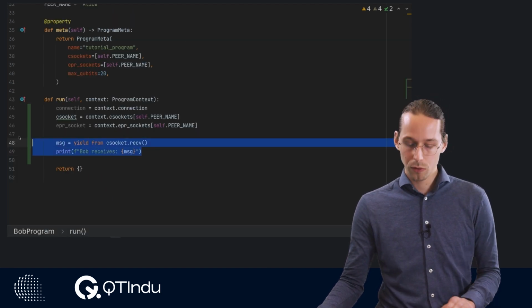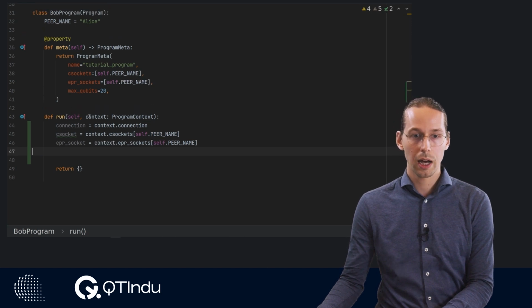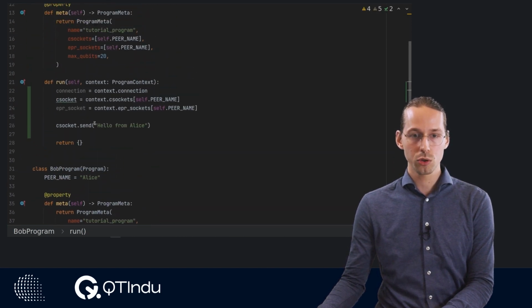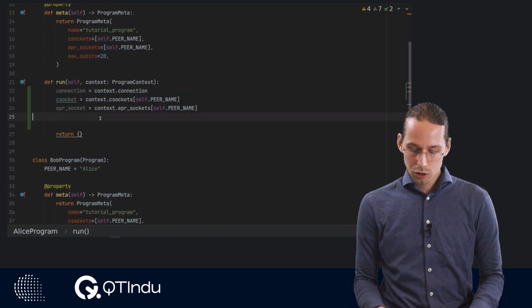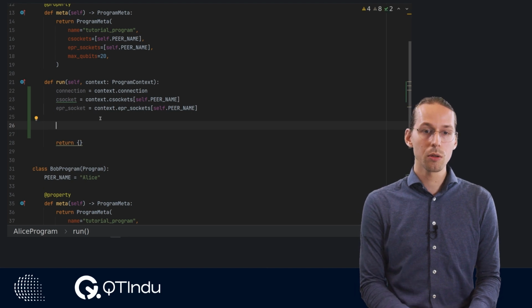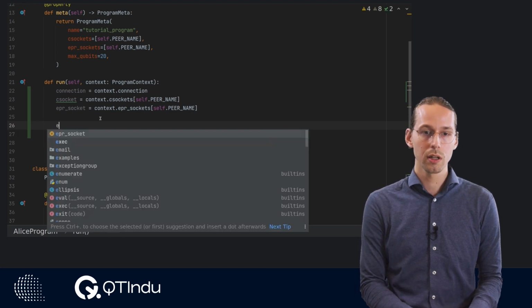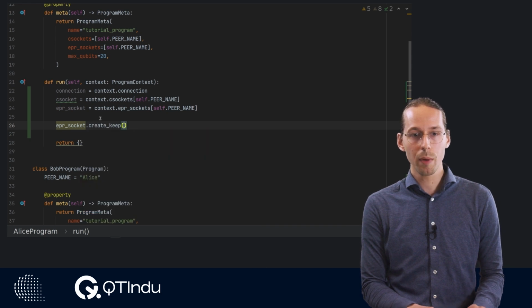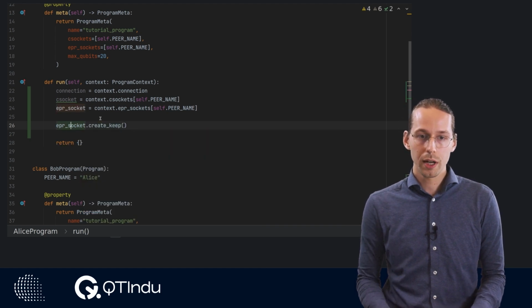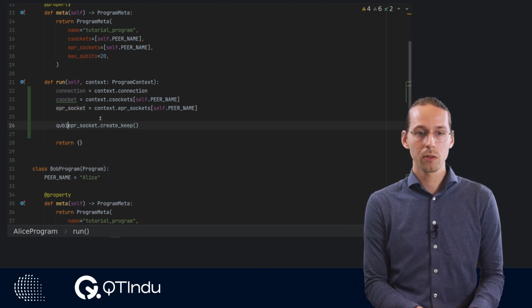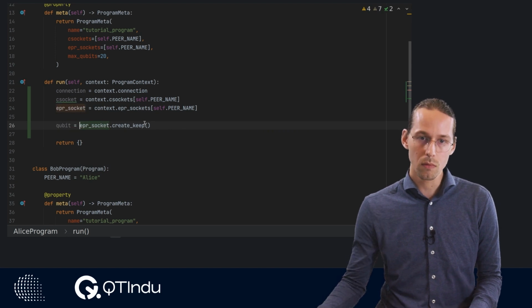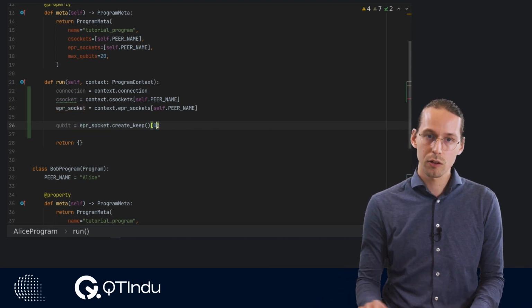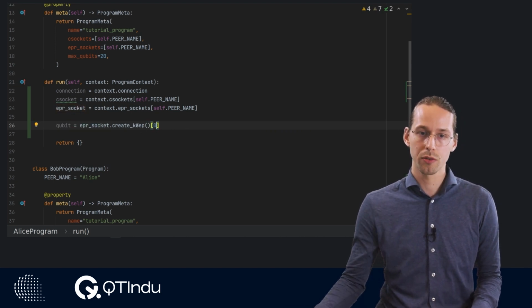Now let us move on to generating entangled qubits via the EPR socket. The EPR socket functions a little bit similar to the classical socket. We take the EPR socket, then we use the createKeep method. From the createKeep method, we will get a qubit object. And we have to select the first element out of this createKeep.